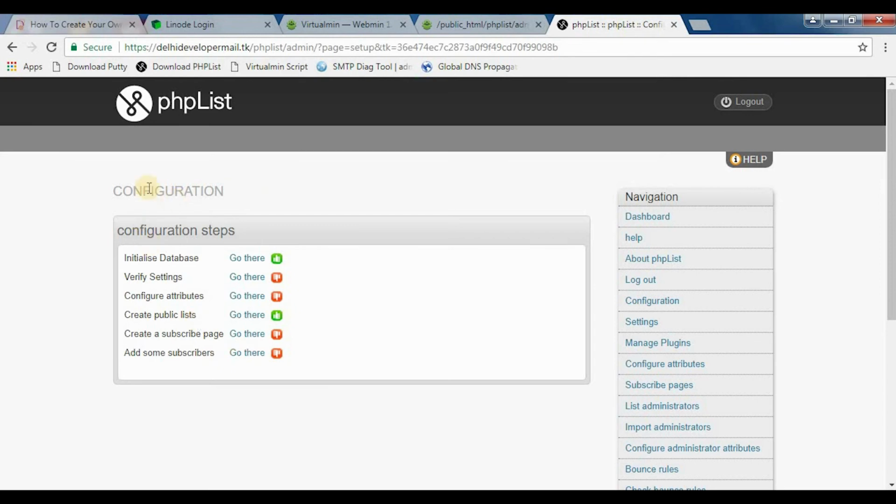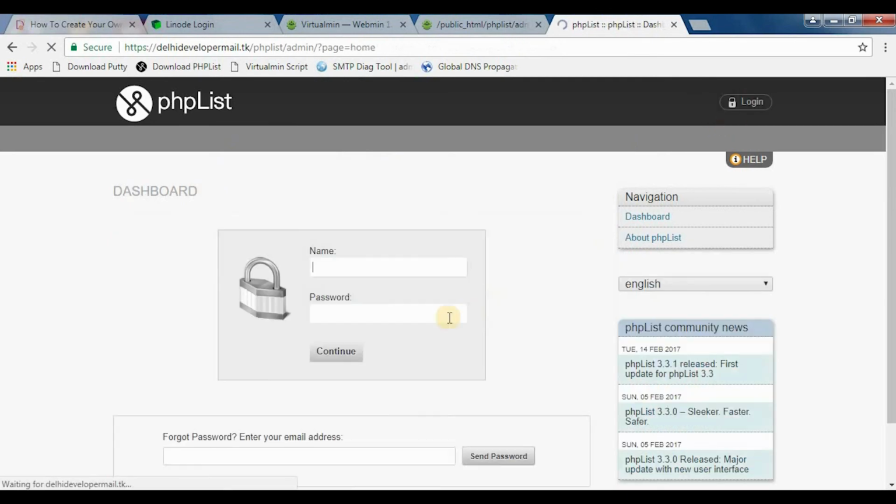Now we will not do anything here. We do not even see all the options here. So to see all the options, just log out and log in again. So you will always log in into PHPList by using this URL